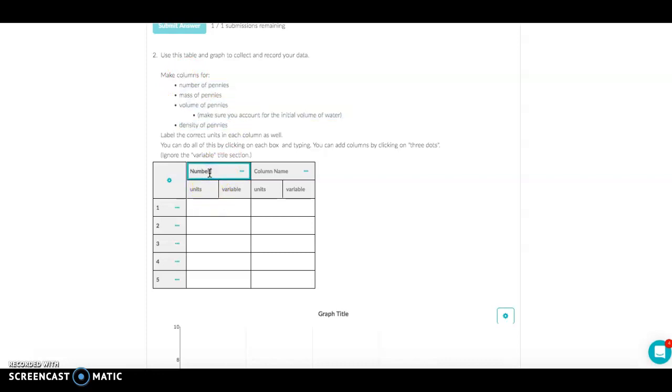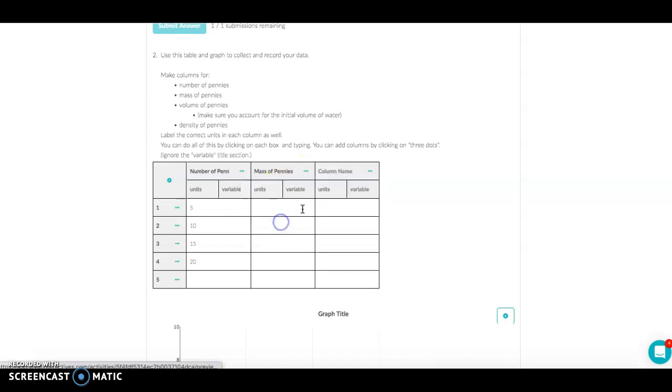So make a column for number of pennies. That would be 5, 10, 15, 20, so on. Mass of pennies is the next column, and that's the mass that you record off of the balance. That's data that you need to write down. But then it says volume of pennies, so make sure you add a new column. So click here, insert column to the right, volume of